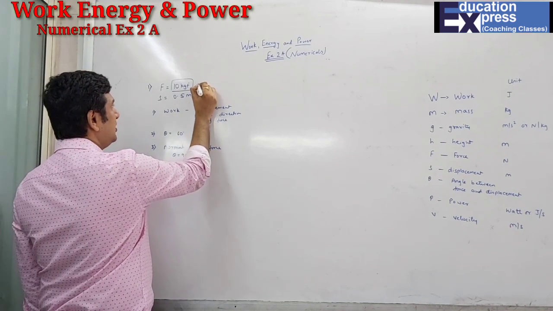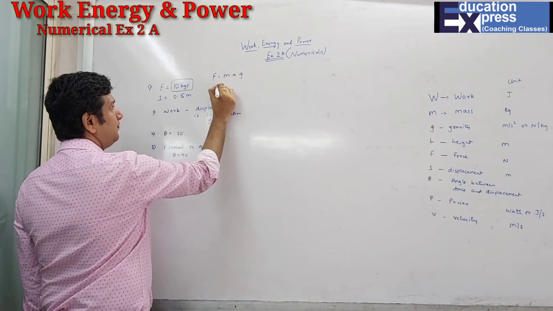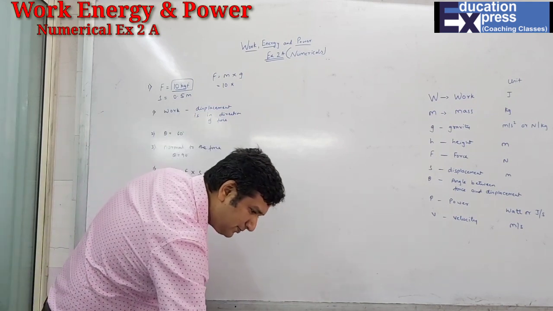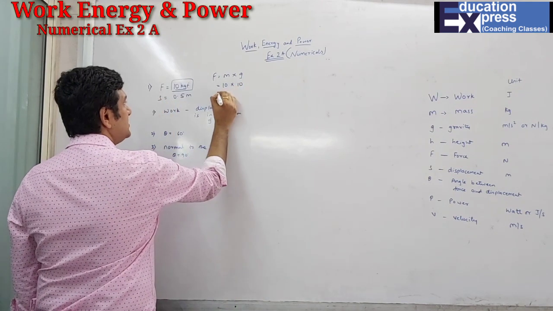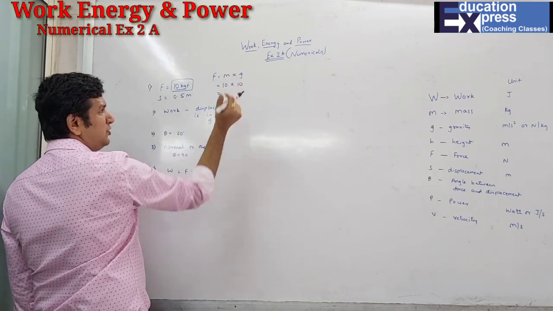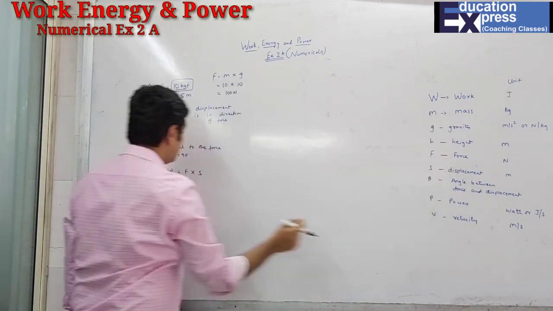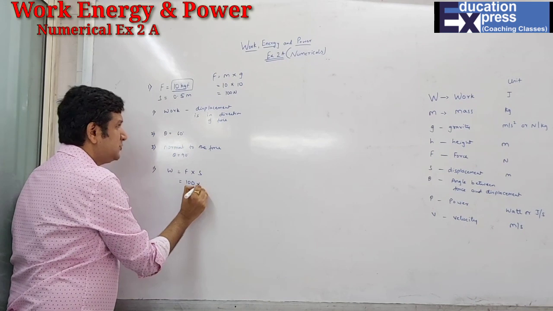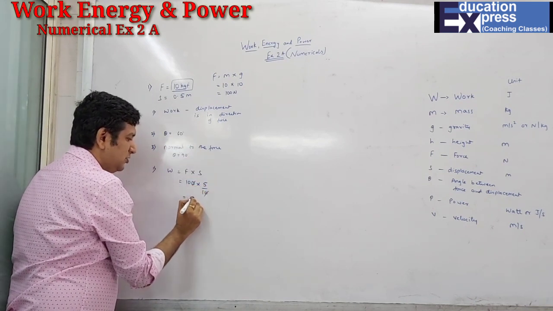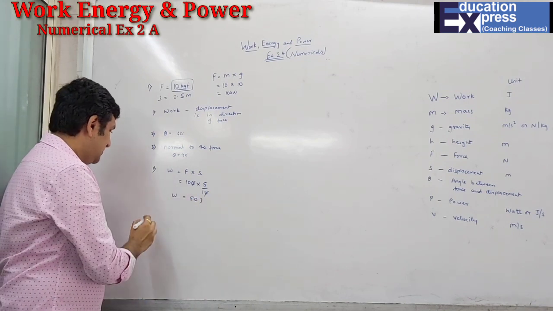How to convert this into Newton I have told you. Just see over here, F is m into g, the mass is 10 kg, and the value of g they have given as 10 Newton per kg. Hence, instead of mass I have put the mass, and instead of gravity I have put the value of g which is available in the question, so the force is 100 Newton. Now this is acceptable. So force is 100, displacement is 0.5, which is pi upon 10. Hence, the work done is 50 joule when the displacement is in the direction of force.